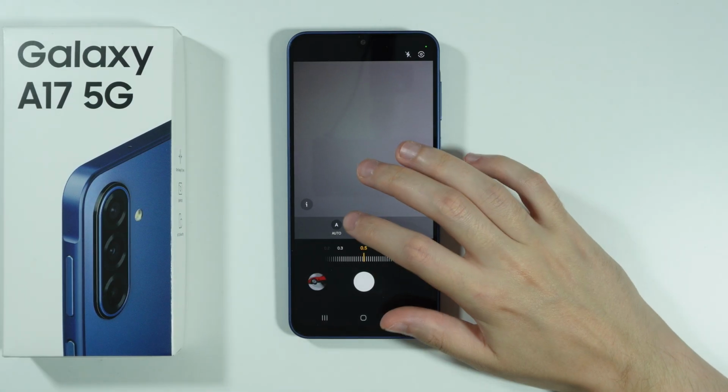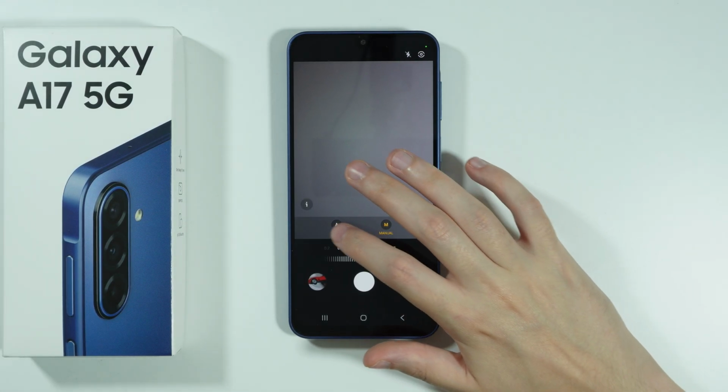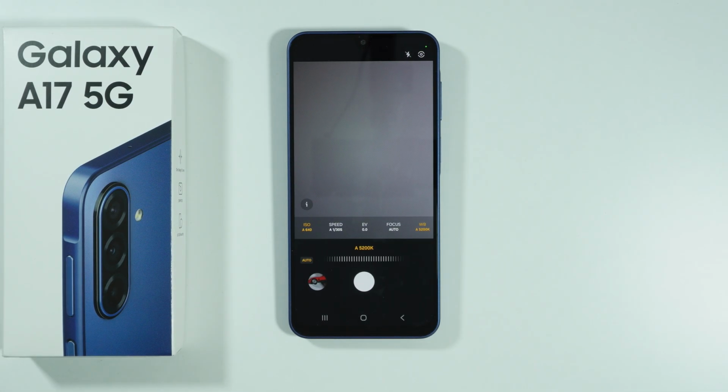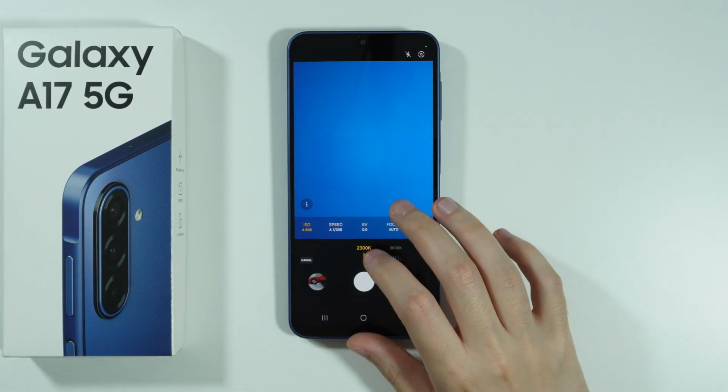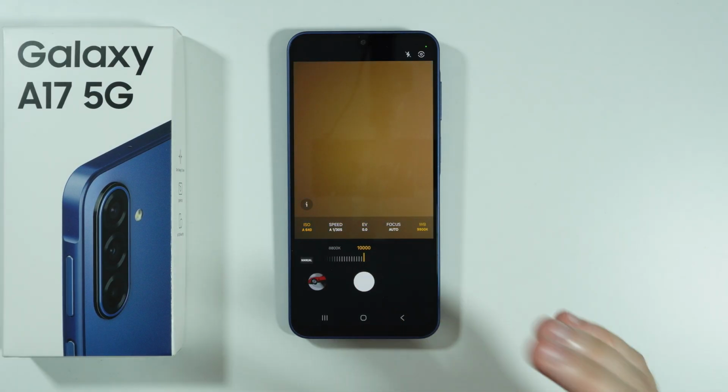Now, besides that, there is of course the WB, which is white balance. It adjusts the color temperature, so whites look white and colors look natural. We can move left in order to apply cooler colors, and to the right in order to apply warmer, more